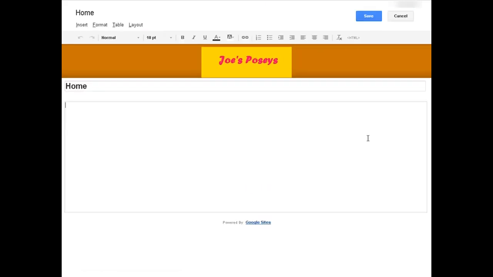So let's go back. And from the front here, we can either edit this page or we can add a new page. So let's edit this page. You'll see that we have the space down here. This is like a WYSIWYG editor. You'll see here, home, and when I put my mouse on the page tree last time, this is what we saw. So you can change the name of it here. And then down here, this is where you can put some content. So on the front page, you might want to put a little bit of